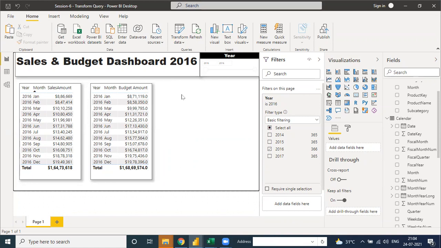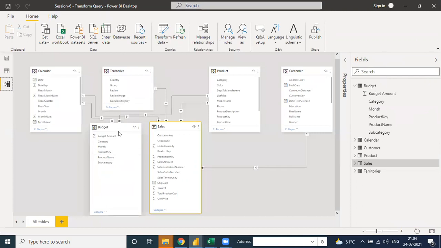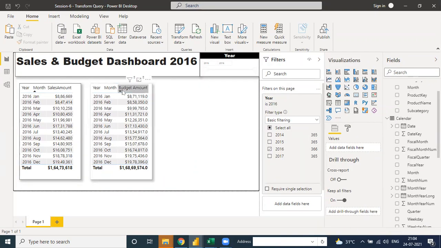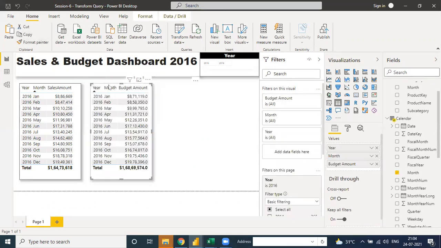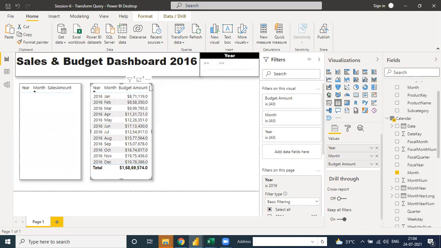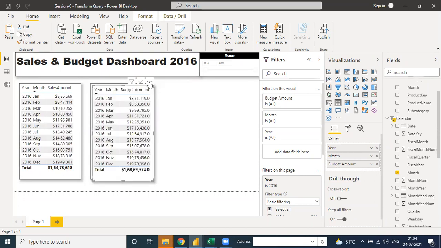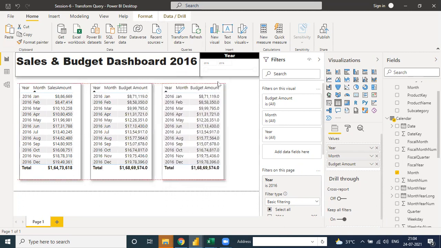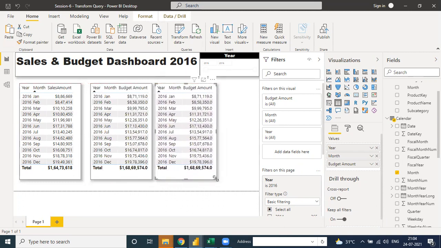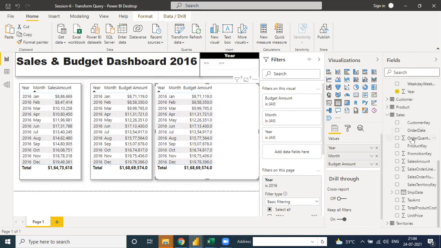Okay. So now we have to maintain, see what is the impact of relationship. Okay. Sales table is connected with budget. What is the impact of this relationship? You need to just copy this table. Just click, copy and paste. What is the impact of connecting one table to the second table? See, directly go to this and move here the sales value.